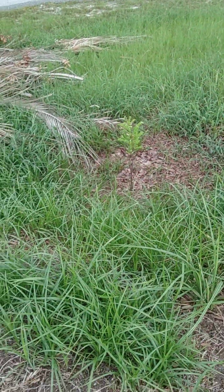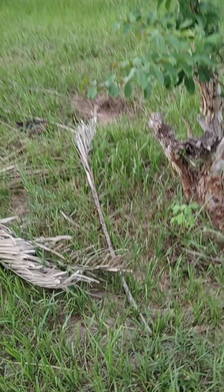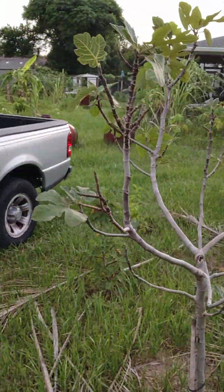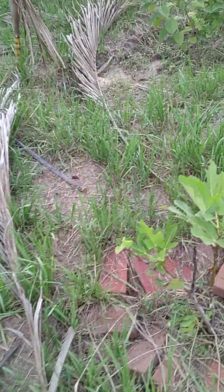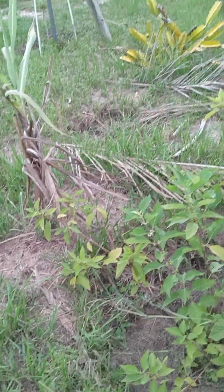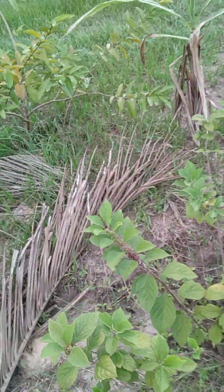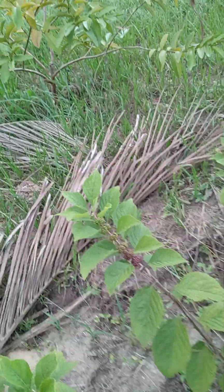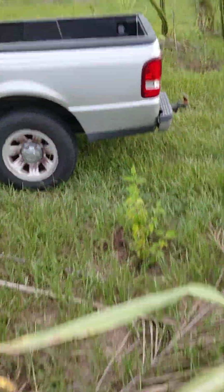There's another starfruit tree. That one's actually starting to do okay. Mexican sunflower. This fig tree looks like crap. Fig tree. I've never gotten figs. Fig tree. Sugar cane. Beauty berries. More beauty berries. They turn really super purple and they're just beautiful, hence the name. Sugar cane, mulberry, fig,